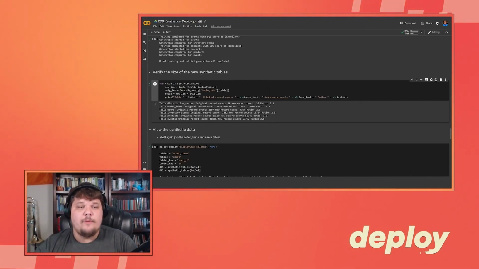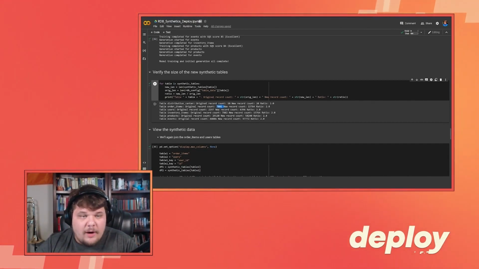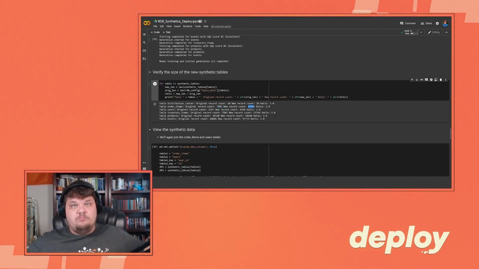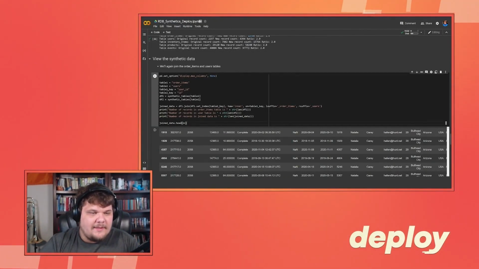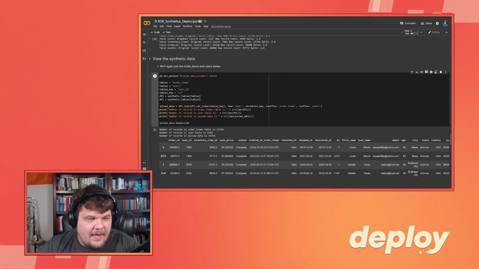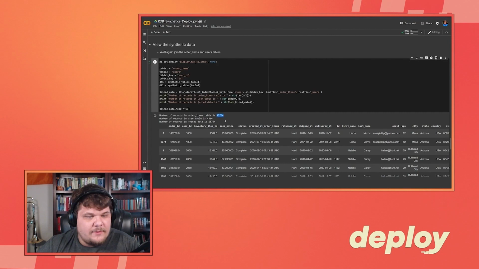So now where our original database, say, only had 7,000 order items, we now have 15,000 order items. So we've now made our database twice the size, which is awesome. And then we'll come down here and we'll look at some of the synthetic data. We'll choose 10 again for our joined data head. And what we'll say is here, the number of records in the order items table is